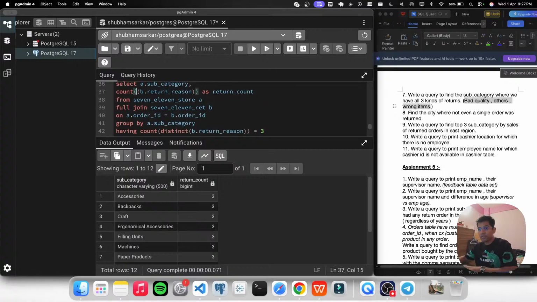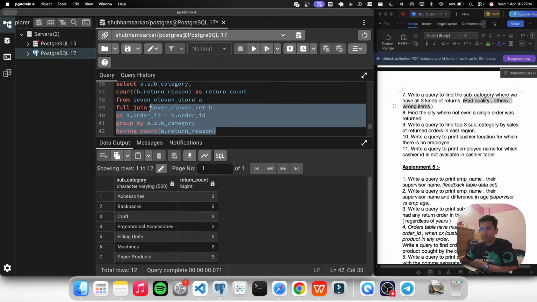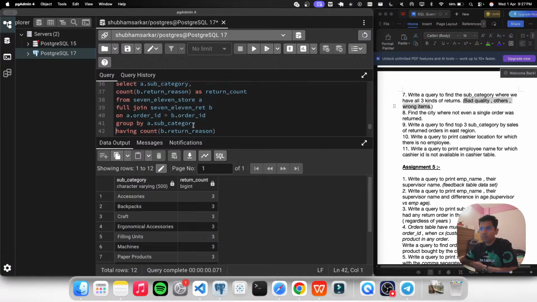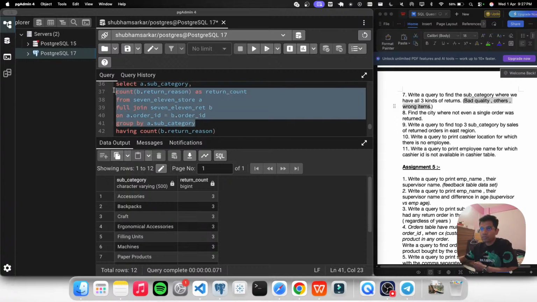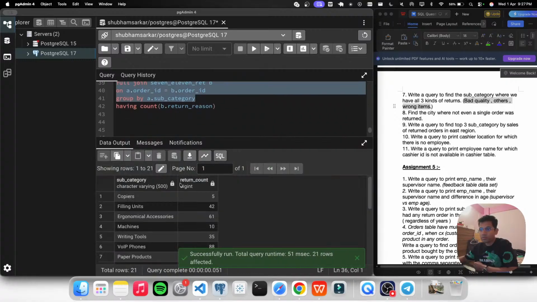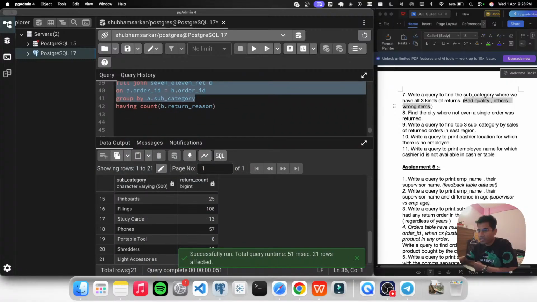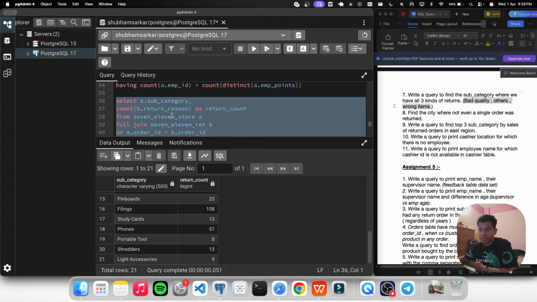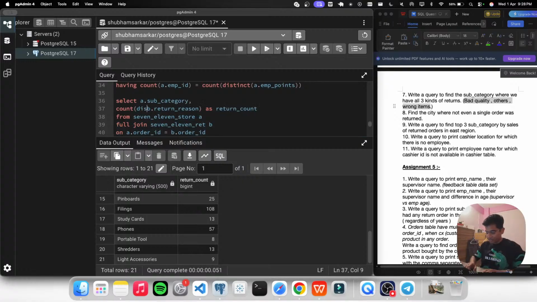If we keep this away as well, let's remove the distinct part. And let's execute this. There are actually 21 subcategories, ठीक है. And then if we write distinct of this and this,